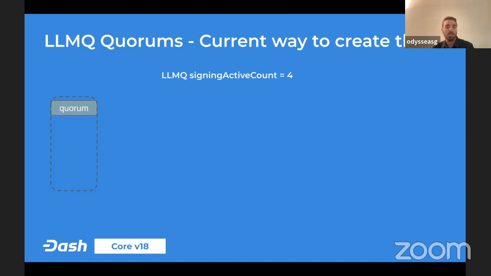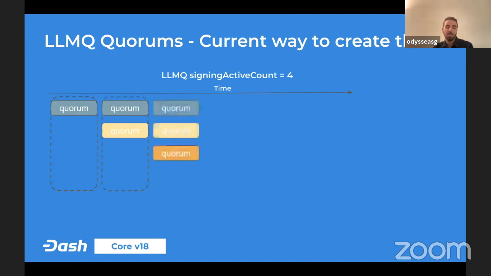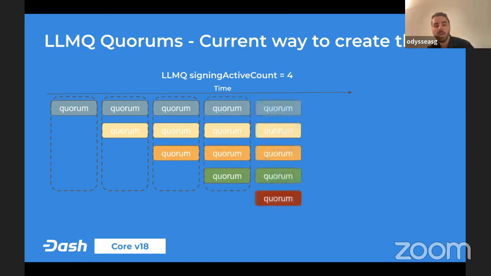All right. So in every, let's say, 24 blocks, which is the interval, we create a new quorum. And we keep filling the list. Once we have 4 quorums already in the list, then in the next cycle or interval, the oldest quorum is removed, and the new one becomes part of the signing set,